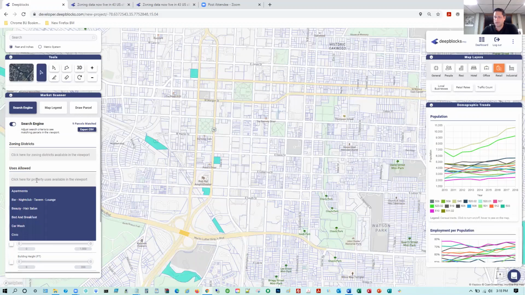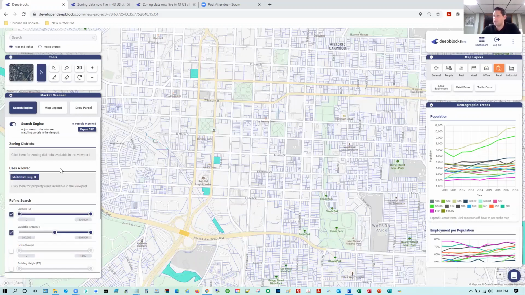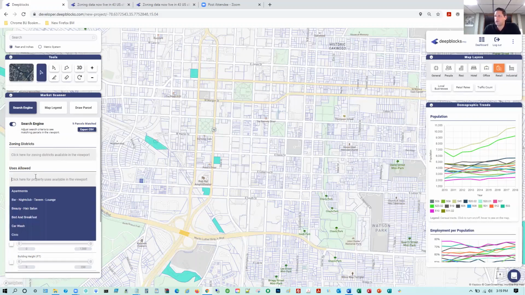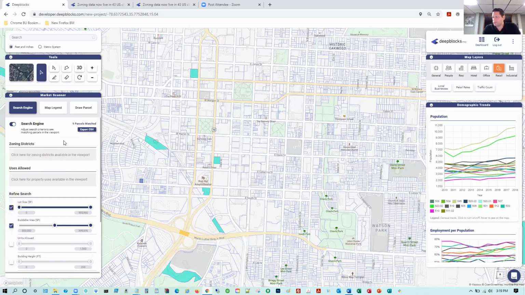I want to see if this one's zoned for multi, and multi-unit living is the terminology down in Raleigh, North Carolina. And I selected that. We have 8 parcels matching, but again, this one right here is zoned for multi-unit living. So again, this is perfect. This will be zoned for potential multifamily play. So it shows you, by entering these different pieces of criteria, how fast you can understand and search for various parcels that you are looking to develop on.